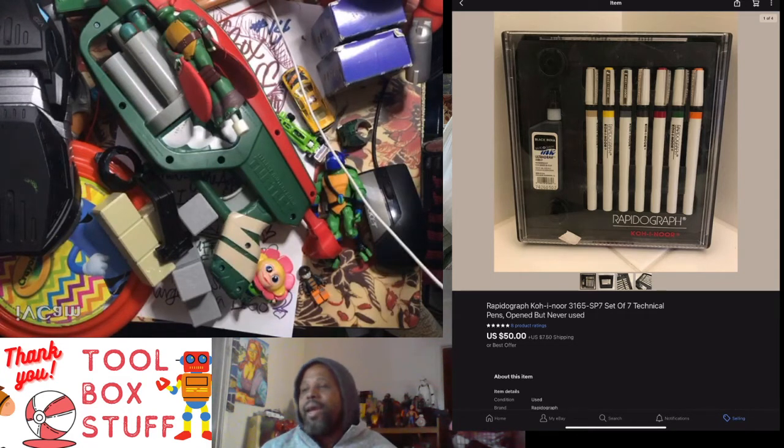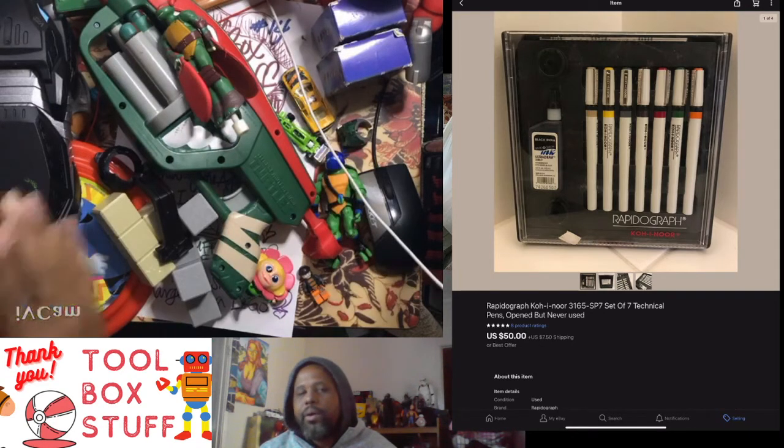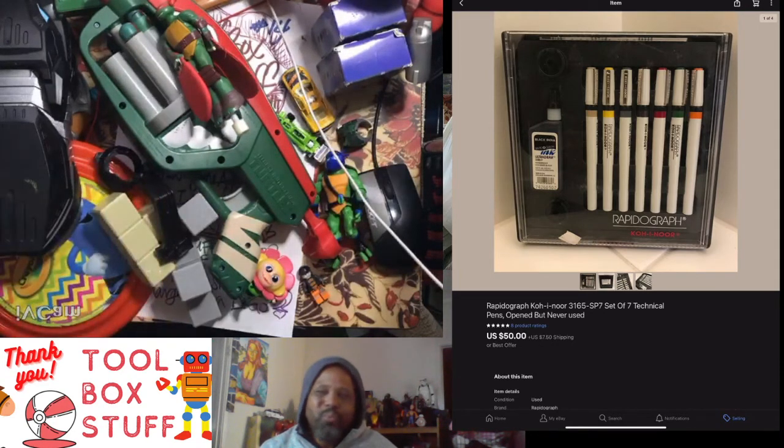Okay, and I, as an artist, right? Everybody knows that I'm an artist. I don't like repeatographs, right? The thicker ones I could deal with. It's the thin ones that annoy me because they always rip my page. Like the little thin ones, the 0.3, the 0.5, even the 1 just rips my page when I'm writing with it. But the super fat ones are good, but I want to use the super fat ones. Anyway,